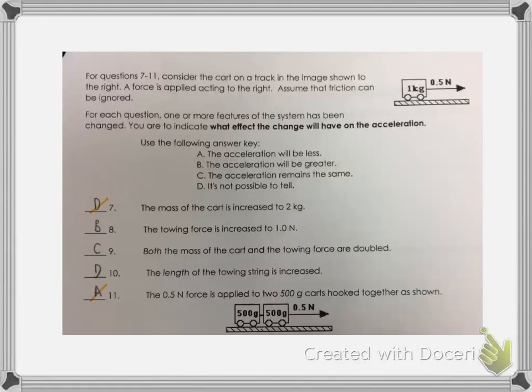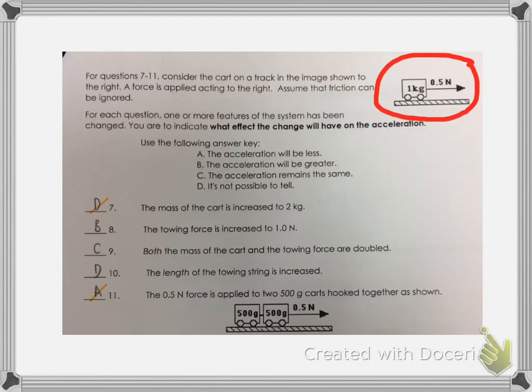One part of this unit test on force and acceleration, or Newton's laws, was to give them a situation where they looked at a 1 kilogram cart that had 0.5 newtons of applied force acting on that cart. And so what the students had to do was they were given different situations that were going to change the situation of the cart. So for example, number 7 says the mass of the cart is increased from 1 kilogram